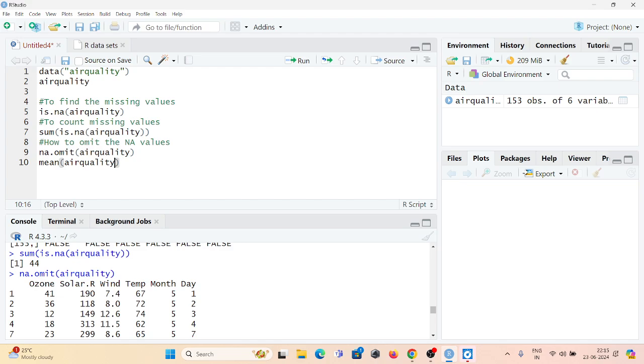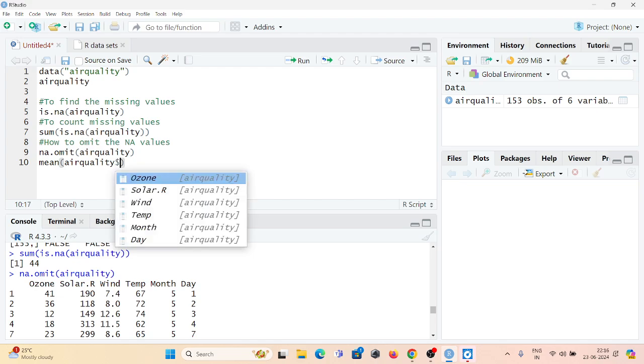As we know that air quality has these 6 variables, we want to find the mean of the data present in the ozone variable. And the ozone variable belongs to the air quality data set, and we want to find the mean of the values present in the ozone variable. So these are the variables present in the air quality data set.